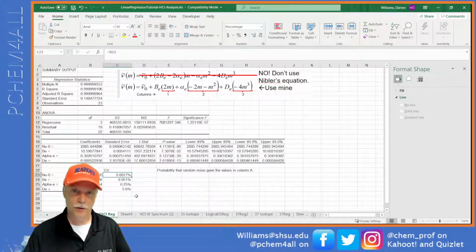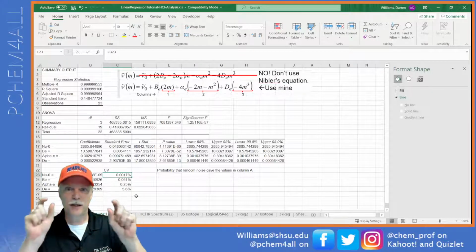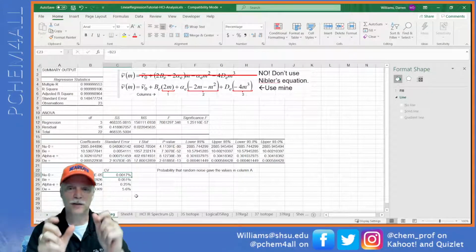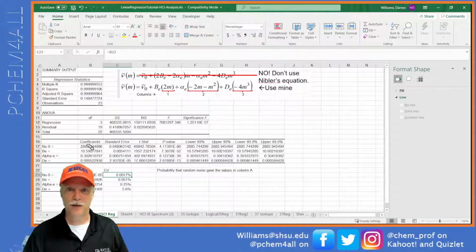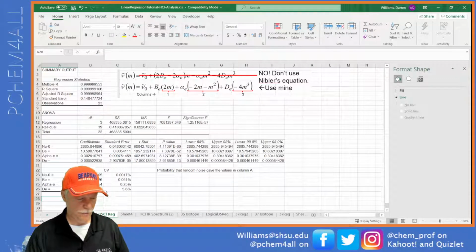And that's why we want to do a regression analysis. It studies all of those peaks, it calculates all of those B values, and it gives you an average and a standard deviation. And that's what we have right here, our 10.59 wave numbers plus or minus 0.005. Now, if we wanted to do a 95% confidence value, then our